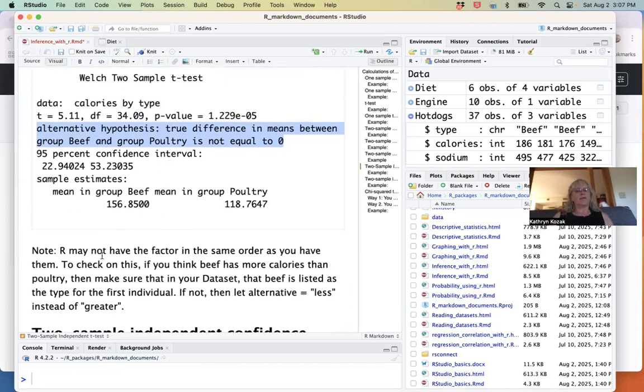I do want to point out that R may not do the factor in the same order as you want. So if you do a not equal, less than or greater than, and you want to know if poultry is greater than beef, it thinks of beef as your first one and poultry as your second one. So you may want to put them in that order, that your first variable is beef and your second variable